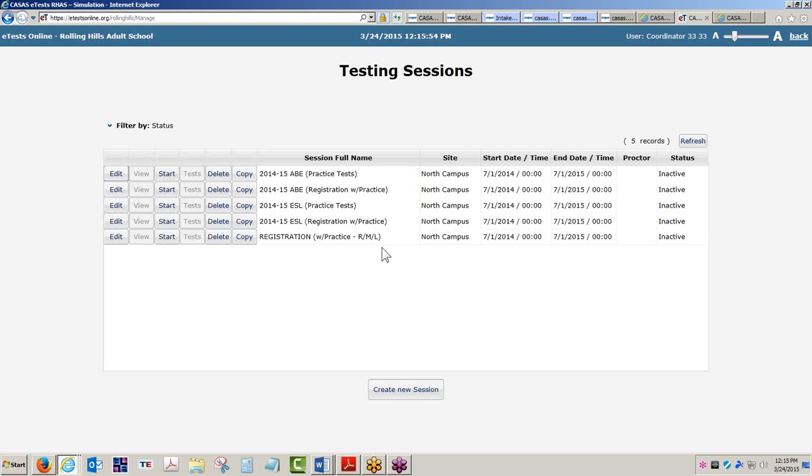And folks, if you do have a formal registration system that perhaps can provide registration type information, that information can be made importable into your CASAS eTest Online application or the CASAS Online system so that the student records are completed. Okay, so let's